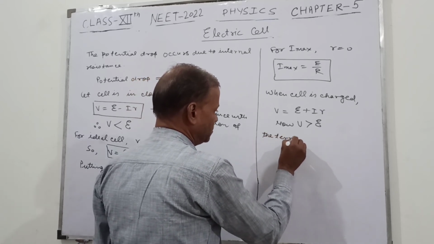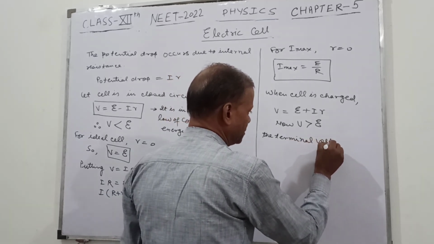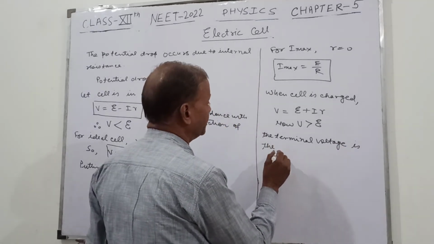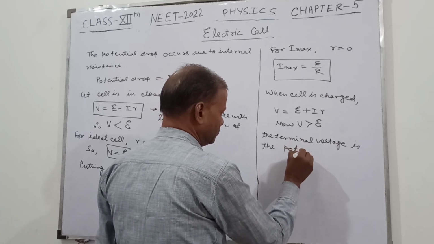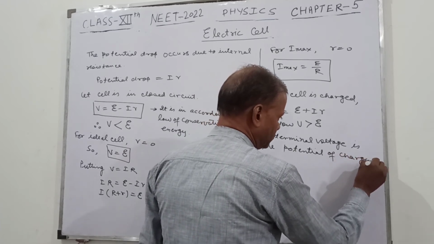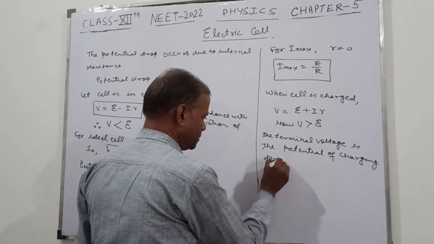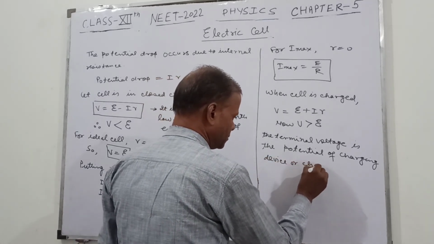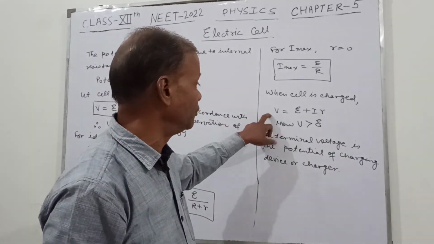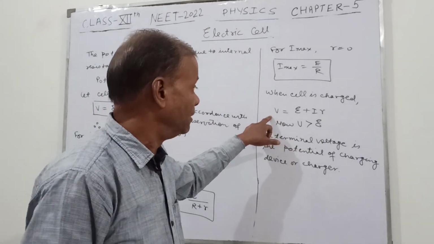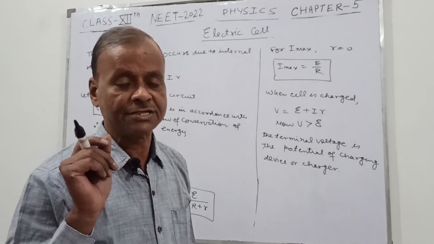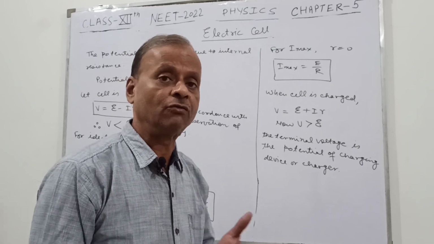The terminal voltage is the potential of the charging device or charger. जो चार्जर होता है या चार्जिंग डिवाइस होती है उसका ये ईएमएफ होता है। अभी टर्मिनल वोल्टेज उसके ईएमएफ के बराबर होगी। अब आप इसमें देख सकते हैं कि ये चार्ज तभी होगा when the V is more than the EMF of the cell. अगर इससे कम होगा तो फिर चार्ज नहीं होगा, फिर तो उल्टा डिस्चार्ज होना शुरू कर देगा।